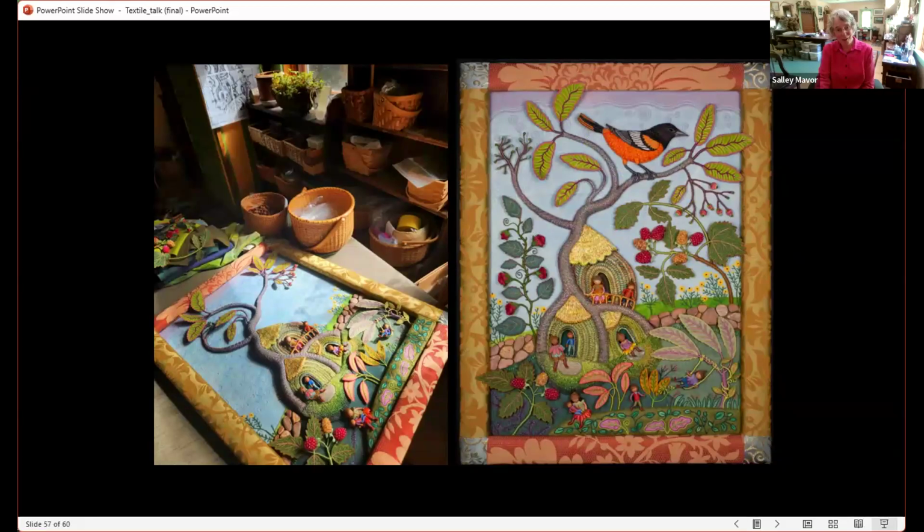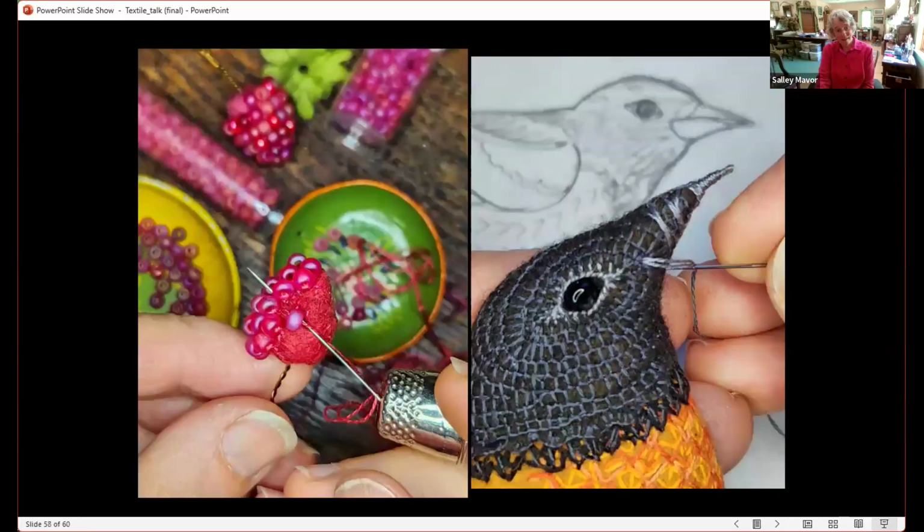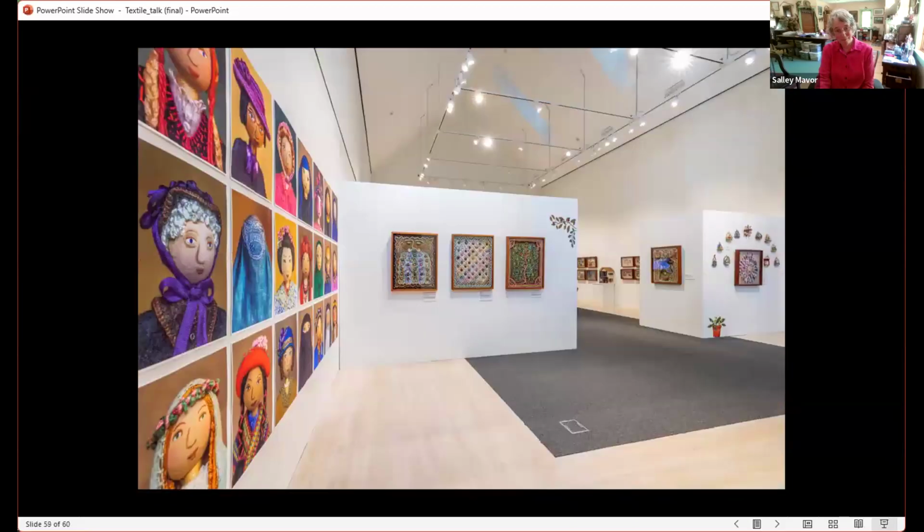I was inspired by what I saw outside, including the raspberries growing in the garden and Baltimore Orioles visiting our yard. I finished the 4-season series just in time to include them in last year's exhibition at the Southern Vermont Arts Center. My next exhibition will be starting this summer at the Albany Institute of Art and History.